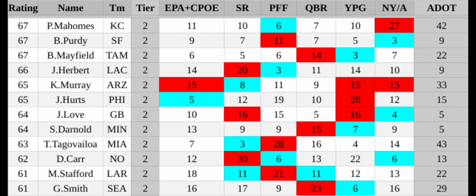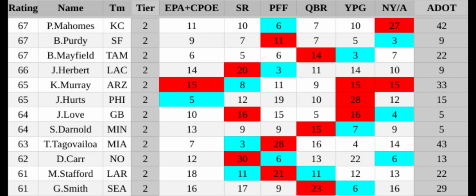For Baker Mayfield, he really has a good across the board in his stats. The QBR, I'm not so sure why it's not very high, because part of QBR's metric is based on EPA, and he's sixth in EPA. So being 14th in QBR is a bit odd to me, but he was really effective in continually moving the chains and also getting just accumulation of yards throughout the game as well.